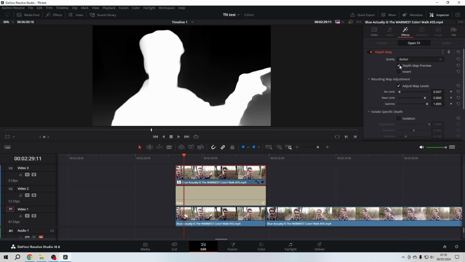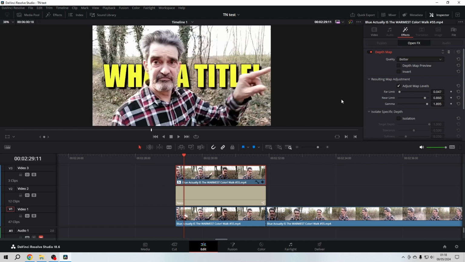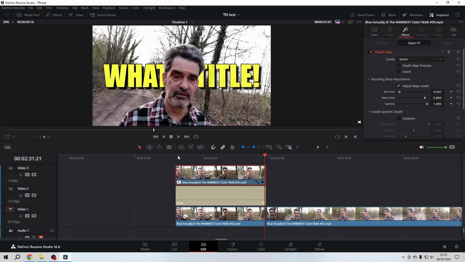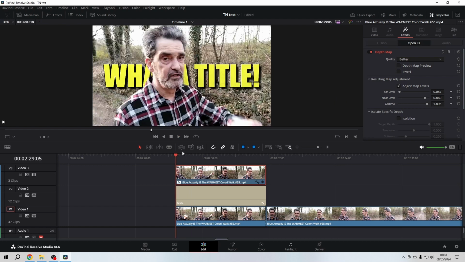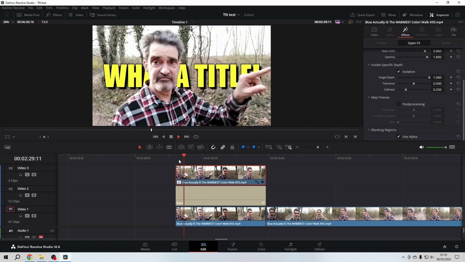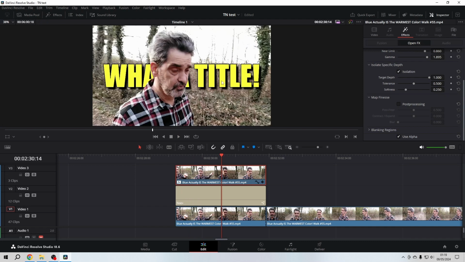Yeah. I have a better feeling for it when I'm doing it this way. I really have to turn off the depth map preview. It will be for everybody different, but for me it is that way. And I also can, of course, look what the isolation slider does for me. You see that it automatically makes the colors more solid in the text,